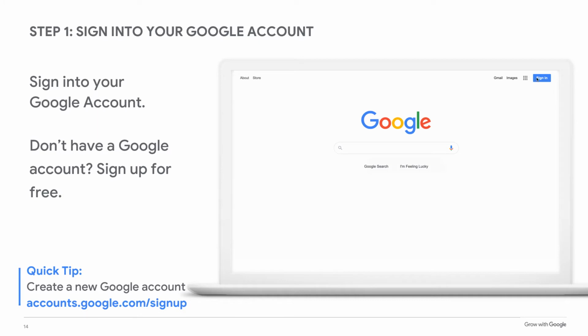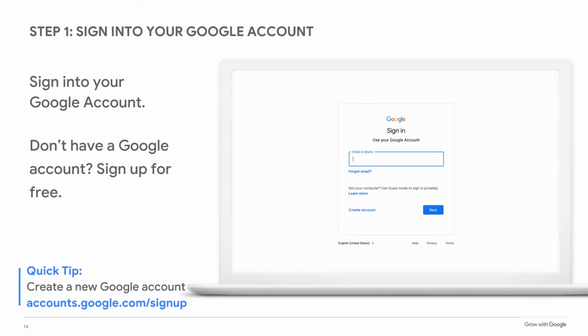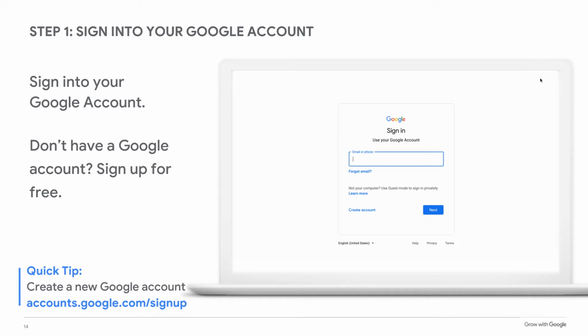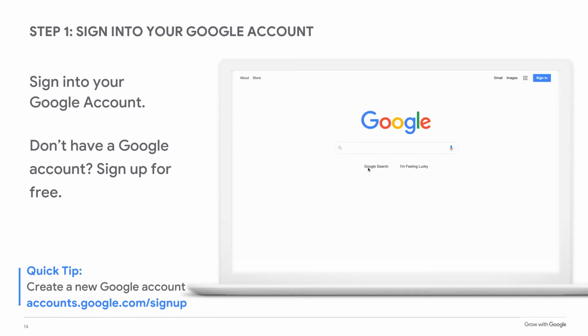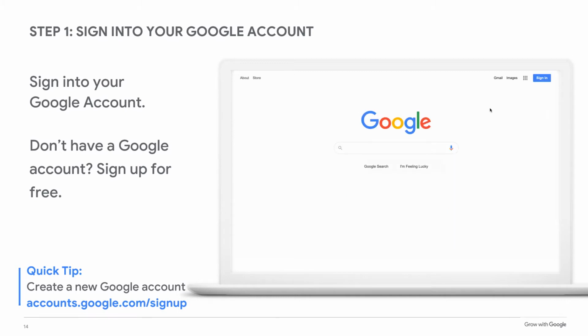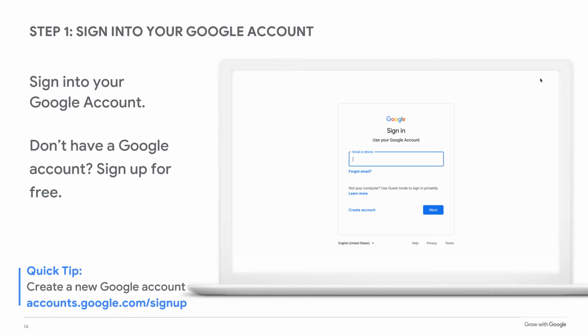In order to use most Google products, including managing a business profile, you need to be signed into your Google account. This provides a single sign-in that lets you access all the connected Google products. For example, if you sign into Gmail, which is automatically a Google account, you don't need to sign in again to access your calendar and docs. They are all connected. The GIF shows an animation of how to sign into your account.